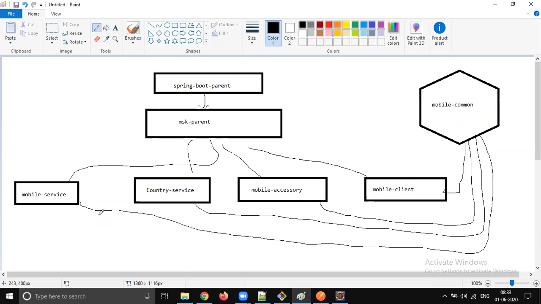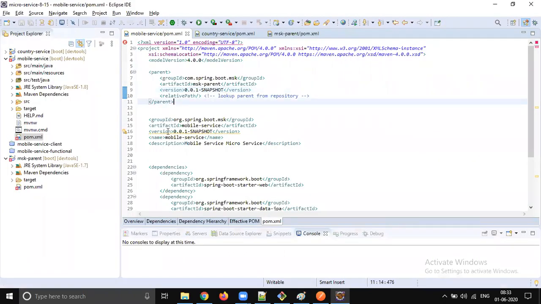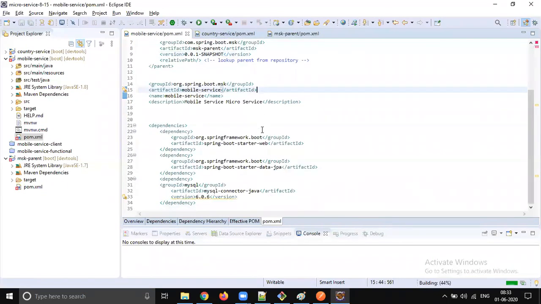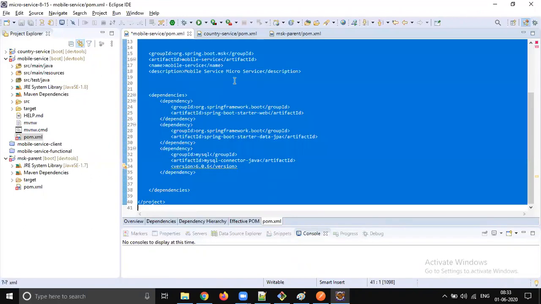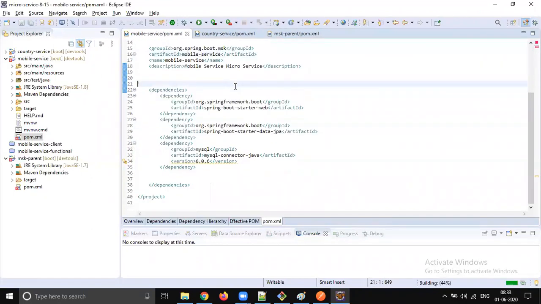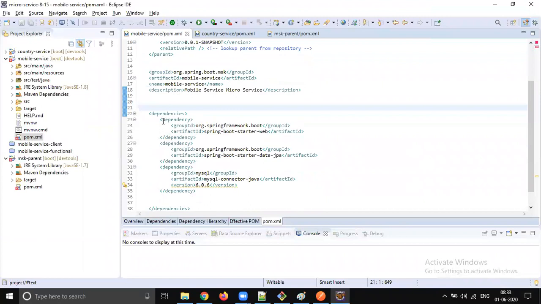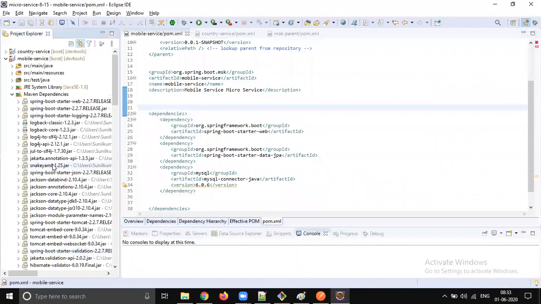So now let's make our MSK parent the parent of mobile. Now we have added only the mobile service application-specific dependencies. Just go to your Maven dependencies and you will still see that all the dependencies are present because these are inherited from MSK parent.